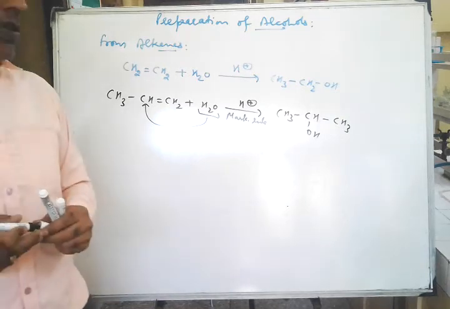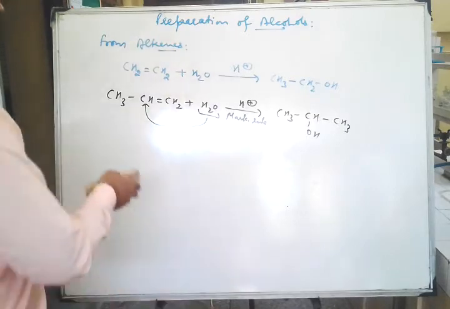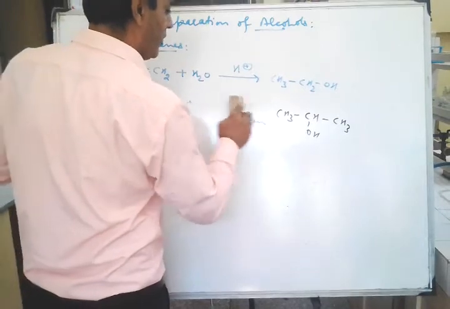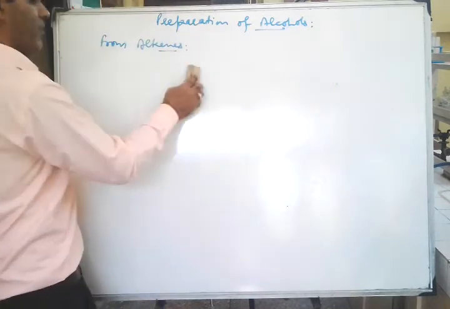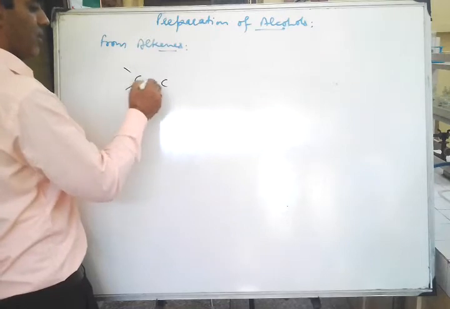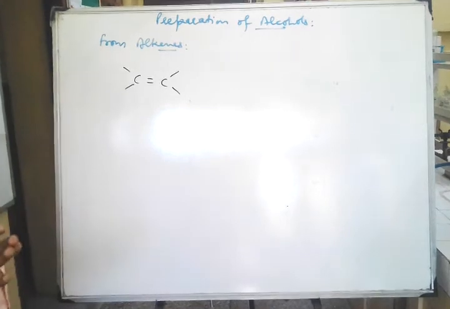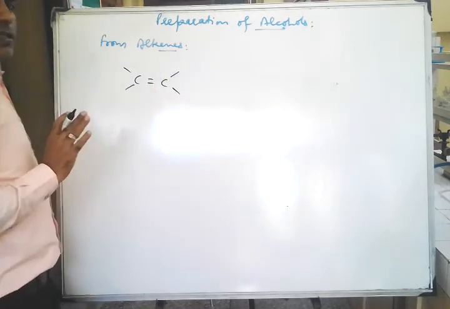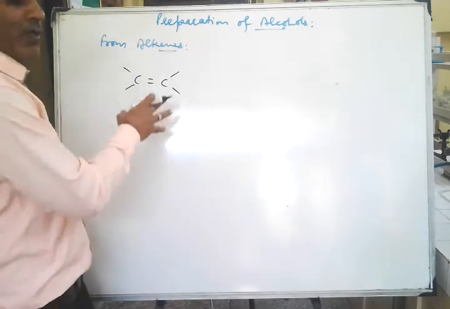Now there is a mechanism on the basis of this reaction. Now we will discuss the mechanism. For this we can take any type of alkene, and any type of alkene can be represented by the following general formula, C=C. If we write H, then this becomes ethene, and if we write CH3 and then H, then this becomes propene. So this formula represents all types of alkenes.